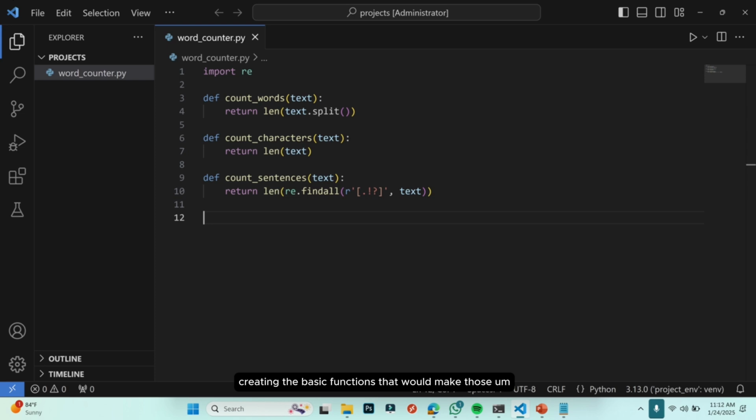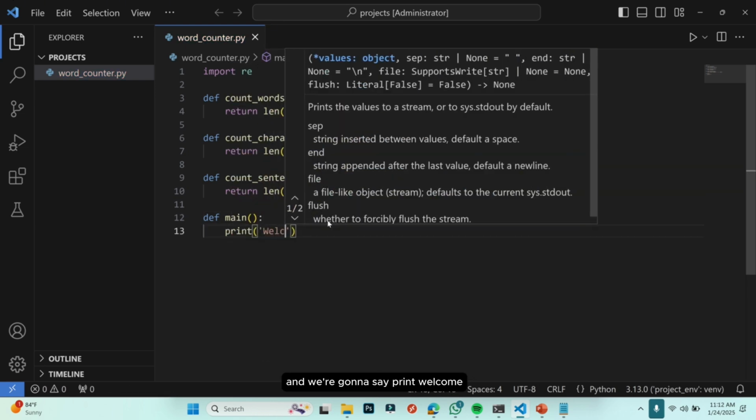Now we're done with creating the basic functions that would make the logic for us in terms of counting sentences, counting characters, and counting words. Now we can create our main function here, which is called main, obviously. And here we're going to say print welcome